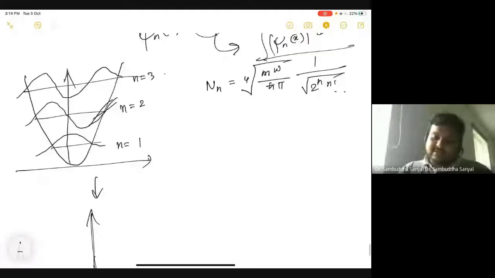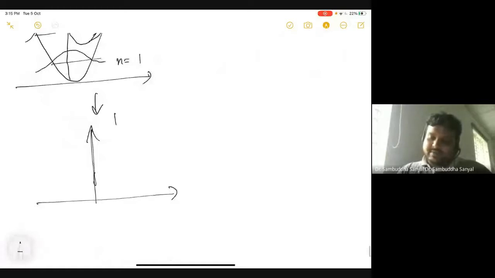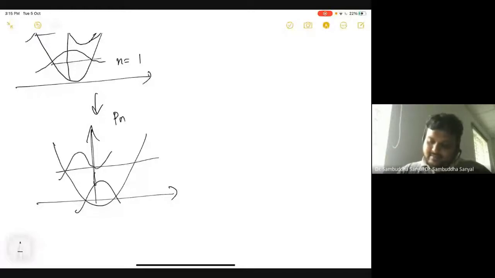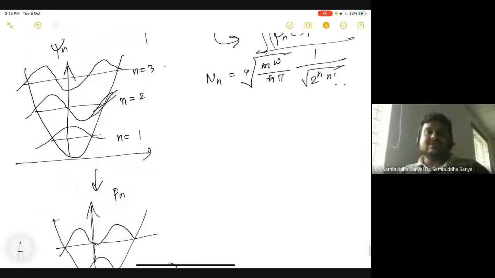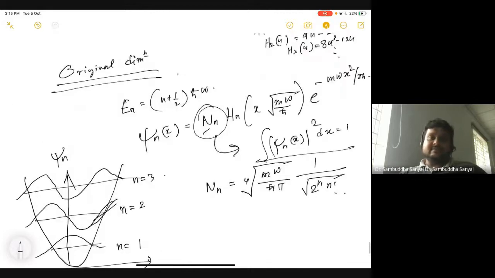So this is the psi_n, and usually in books you will find the probability density, and you can simply draw it. It is simple. This is just a square. This just has two humps, and so on. There will be no negative part because it's a square. So this is basically the full solution of the harmonic oscillator problem using the series method or using the differential equation method. Now let me take a pause and see if there is any question at this point before I discuss a different way to solve this problem.